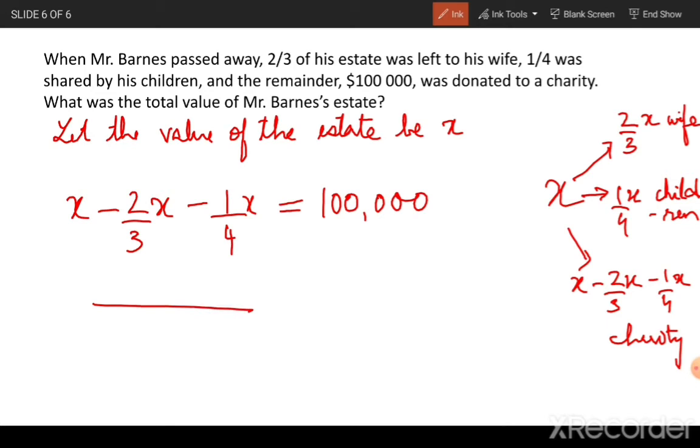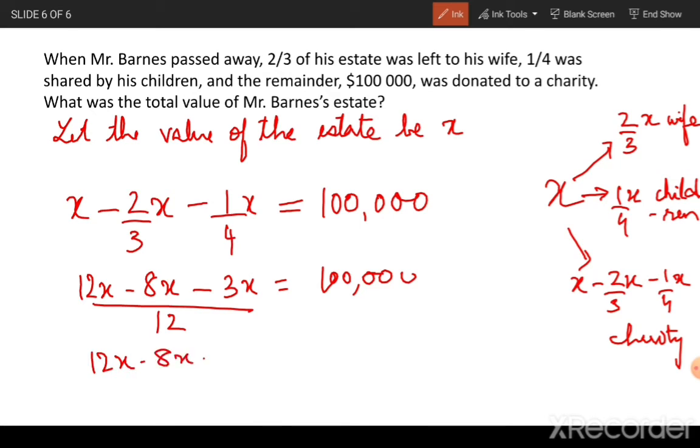You can do it in any manner that you like. So I'm going to take the LCM. 3 into 4 is 12, so that's 12x minus 8x minus 3x is equal to 100,000, which basically means 12x minus 8x minus 3x is equal to 12 into 100,000,